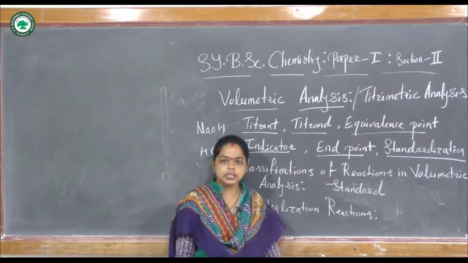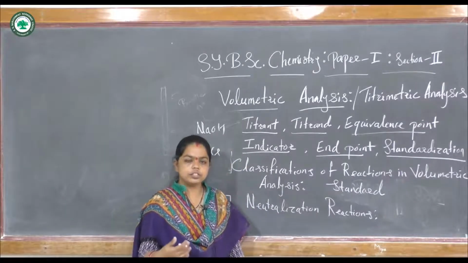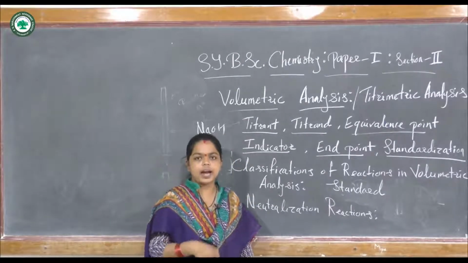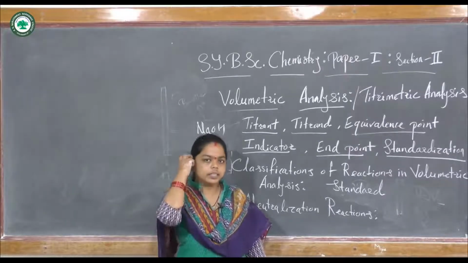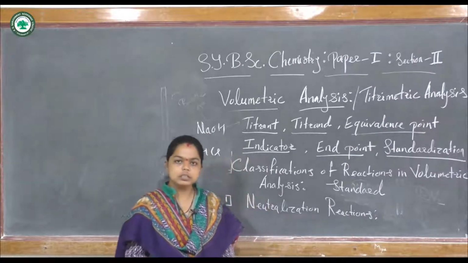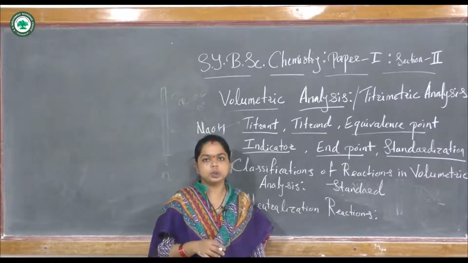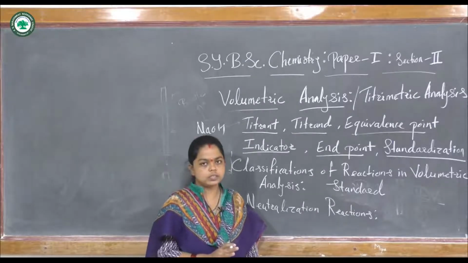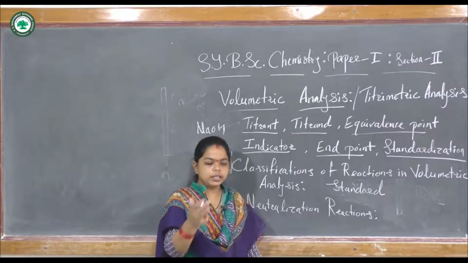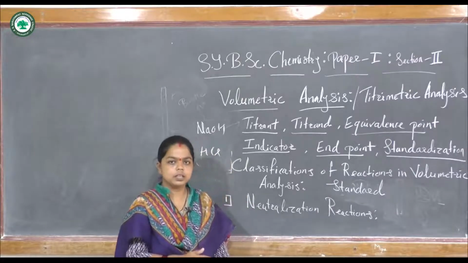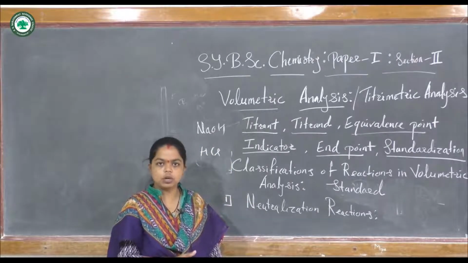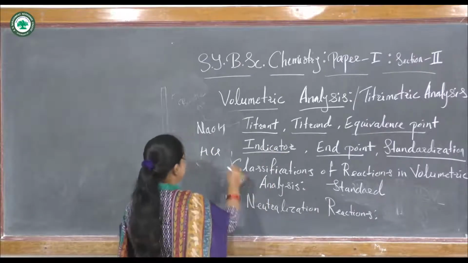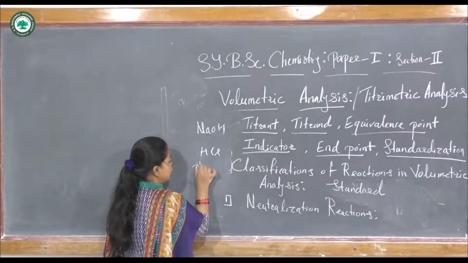So by using this indicator, we can observe the change in color at the equivalence point or the end point. An indicator is the substance which is added during the titration, which shows the change in color at a particular pH value at the equivalence point. So when the equivalence point arises, there is a change in the pH of the solution, and it is indicated by the substance called an indicator. For example, in the titration of NaOH and HCl, phenolphthalein